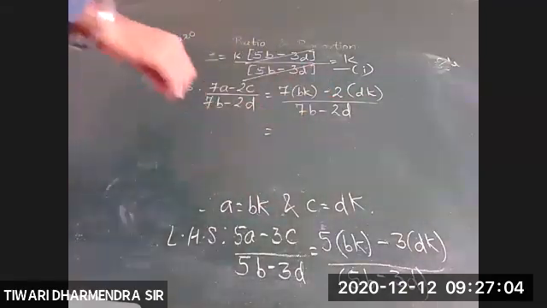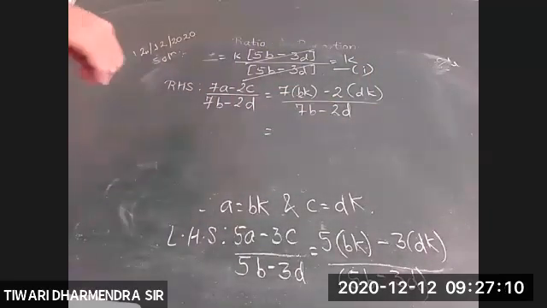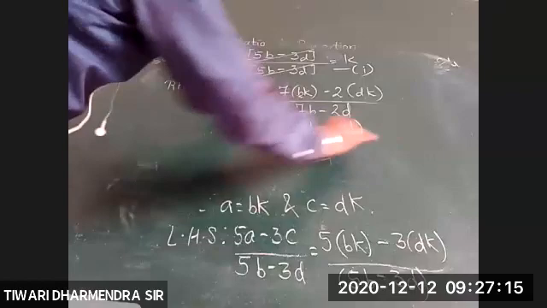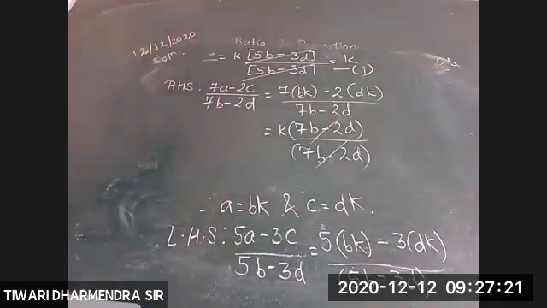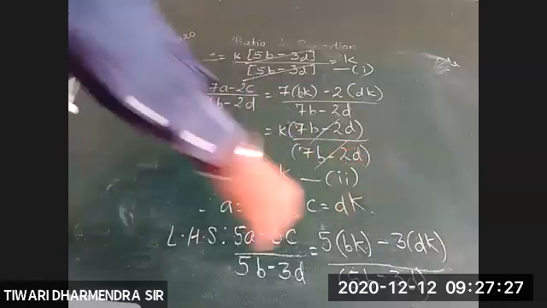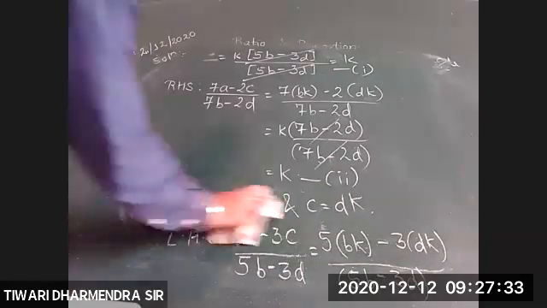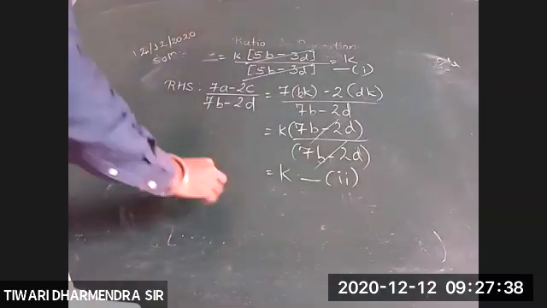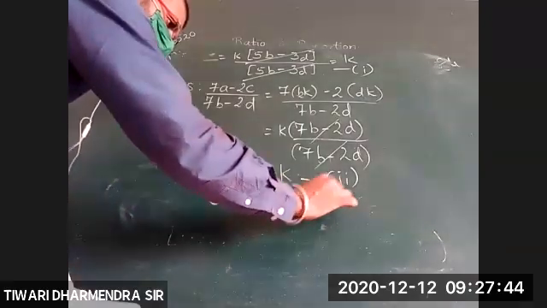Again, we can see that k is common in the numerator. It's present in both the terms in the numerator. So take k common. What do we get? 7b minus 2d divided by 7b minus 2d. The same term present in numerator and denominator gets cancelled. Strike them out. What remains? K. Now from 1 and 2, what do we conclude? Therefore, from 1 and 2, we get